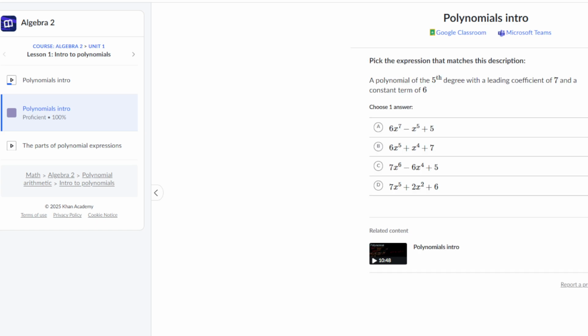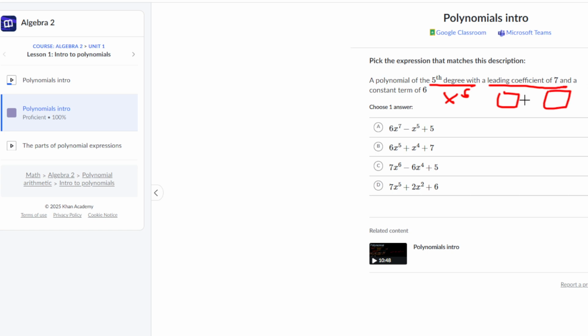Now, next question. A polynomial of the fifth degree with a leading coefficient of 7 and a constant term of 6. Okay? A polynomial of the fifth degree. When it's saying to the fifth degree, it is saying that, for example, if I had an x, it'd be x to the power of 5 with a leading coefficient of 7. When it is talking about my leading value, it means the value that I have at the very front,